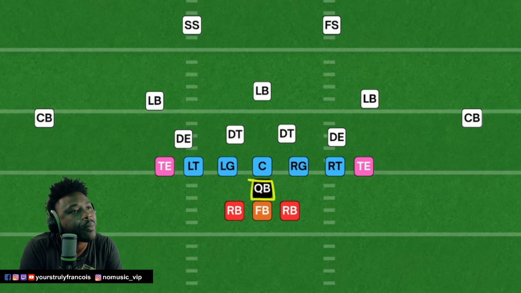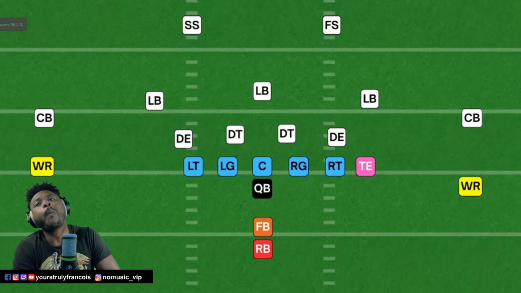Modern teams don't use the pure T formation anymore, but every formation with the quarterback under center traces back to this concept. It taught offenses that having one decision maker could create chaos for defenses. I formation. Take the T formation